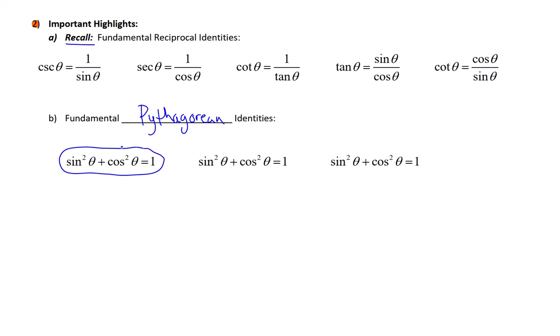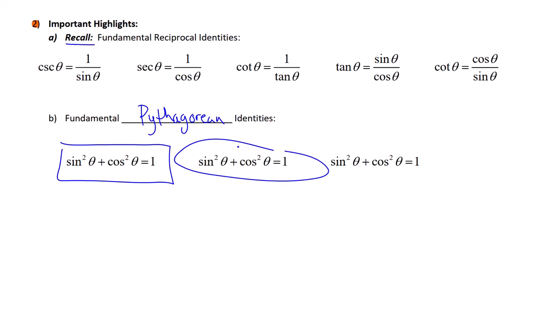Now, this can work with any other variable as well. Sometimes you might see it written with an x instead of a theta. The variable there doesn't really matter as much as the actual equation itself. And when we understand this Pythagorean identity as the foundational one, we can get others directly from it. Here's what I mean. So we'll consider that like the fundamental Pythagorean identity. But then if I take that exact same thing, so I'm just going to demonstrate this. If I copy that exact same thing out, sine squared theta plus cosine squared theta equals 1, and I do